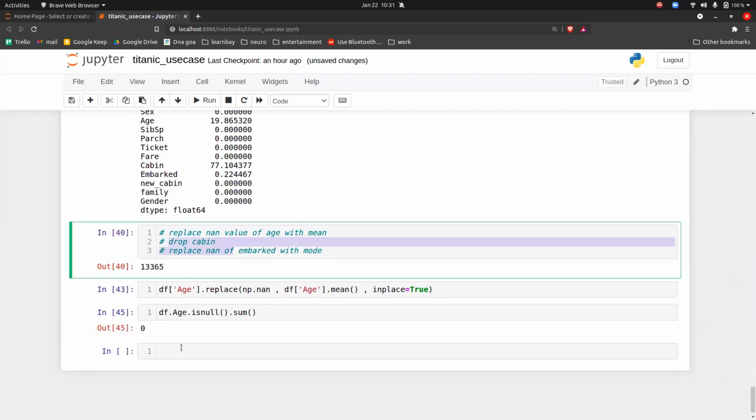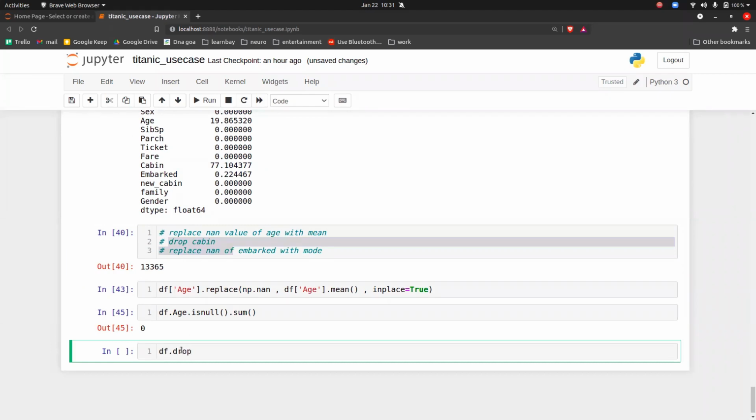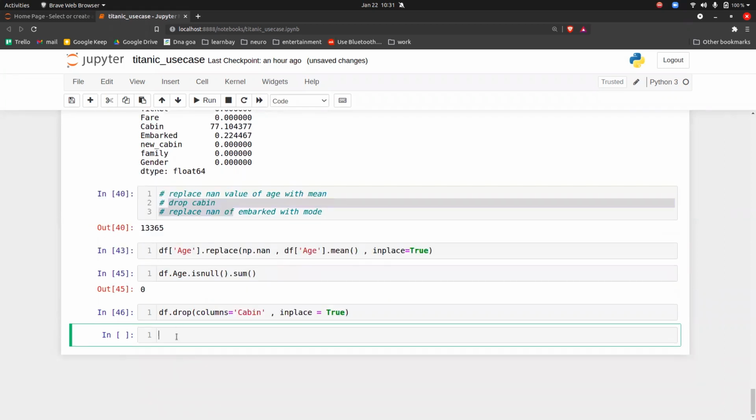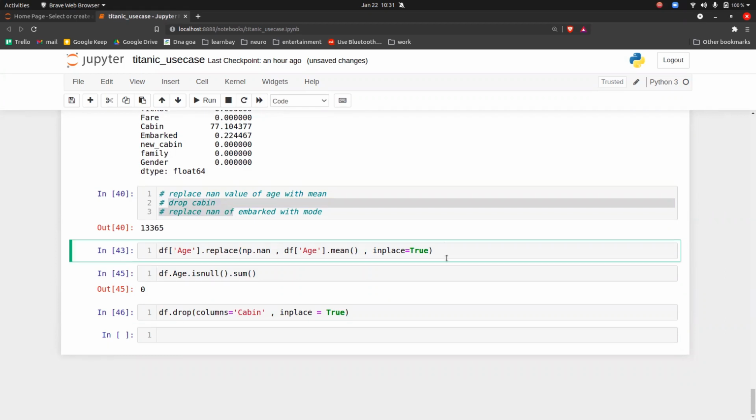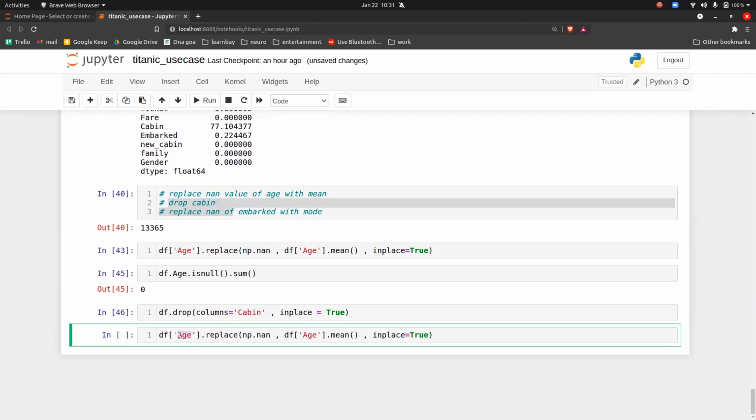Then we have to drop the cabin column. So df dot drop, columns is equal to cabin, and inplace is equal to true. Executed. You have dropped that column also. Now the embarked part is left, right? So you can copy the same thing here, paste here, and put embarked of mode of 0.